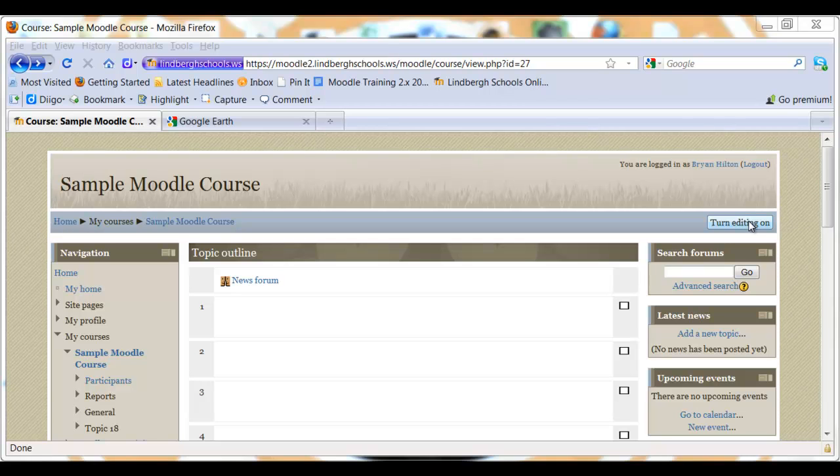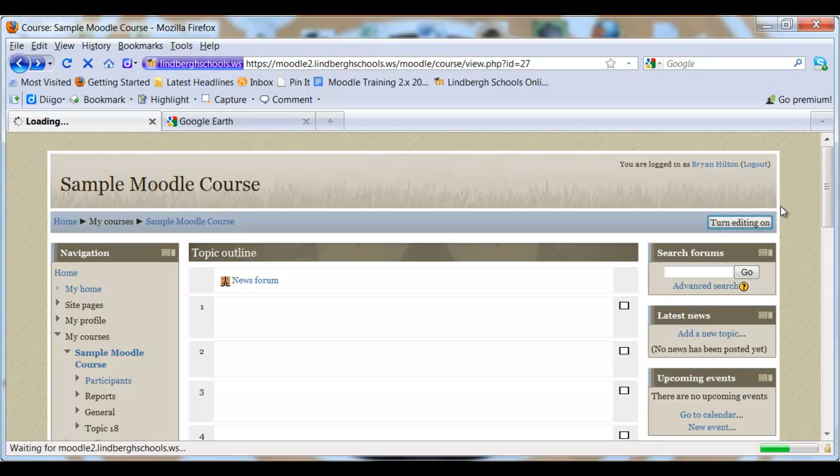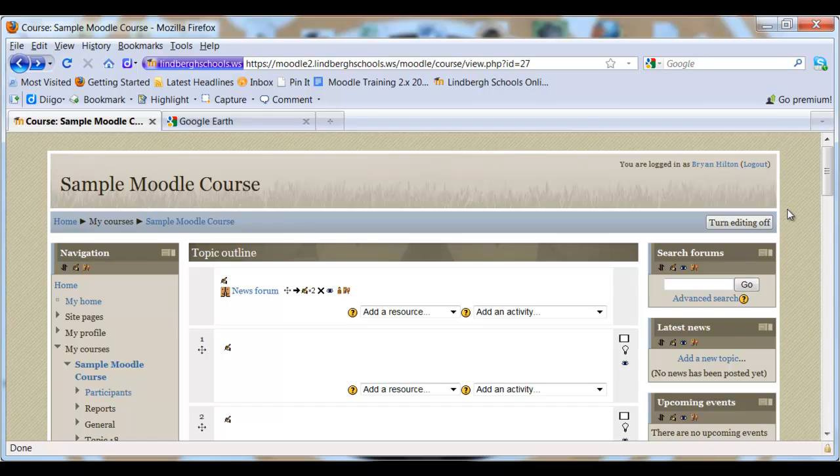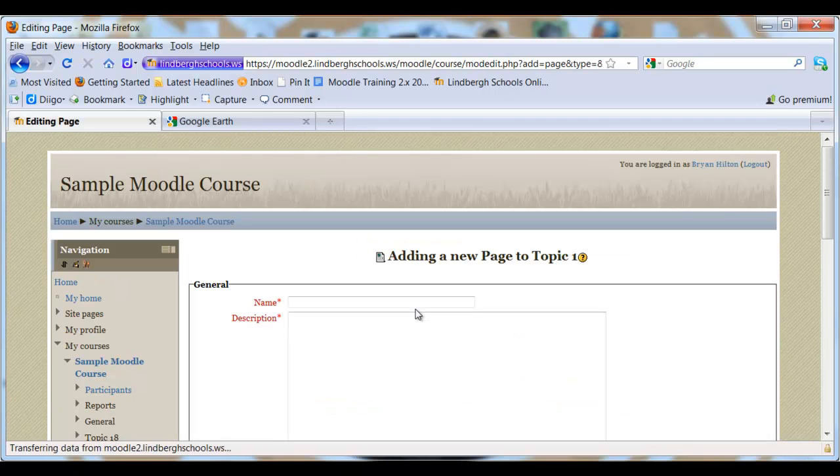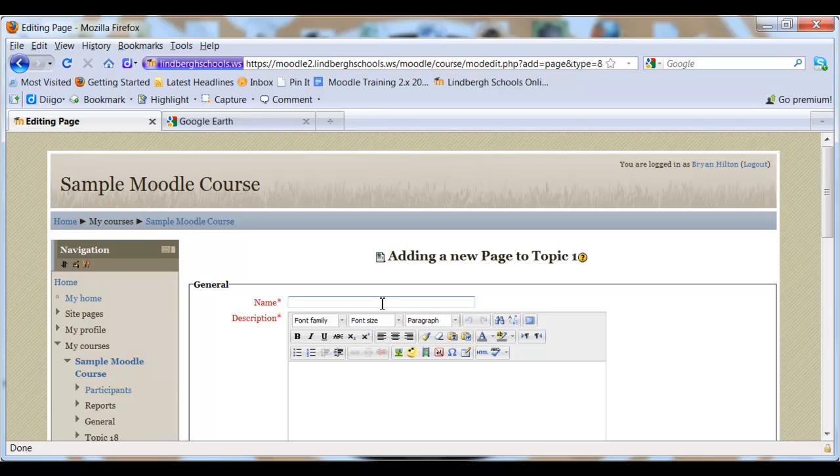The first thing I'm going to do is click Turn Editing On. And I'm going to go to Add a Resource. Once I click on that, I'm going to select Page. As with all Moodle resources, we're going to go ahead and name it. In this example, I'm going to call this Google Earth Lesson. I'll explain why in just a moment. I'll go ahead and copy, paste in there,